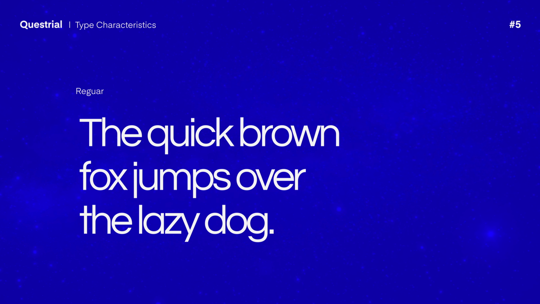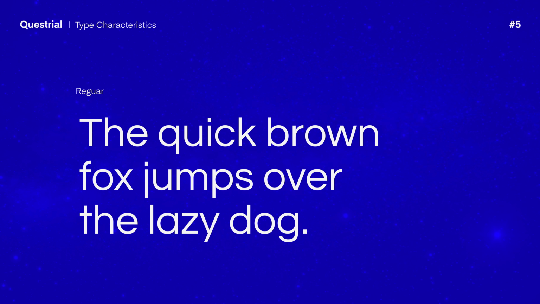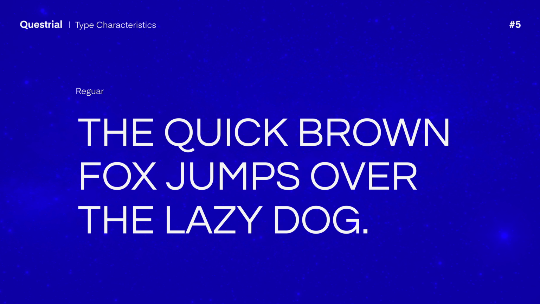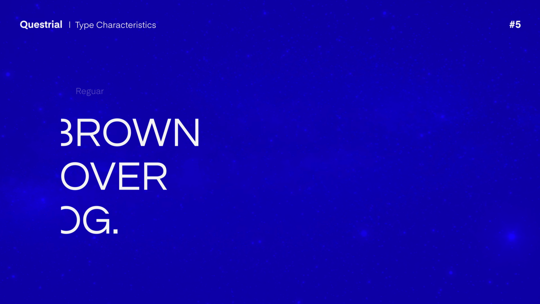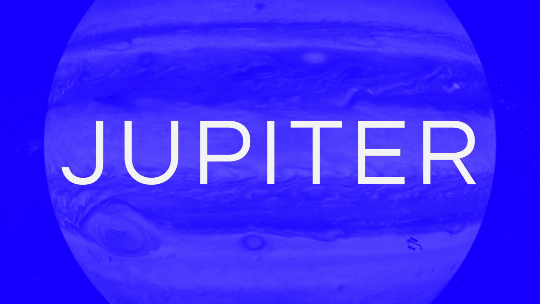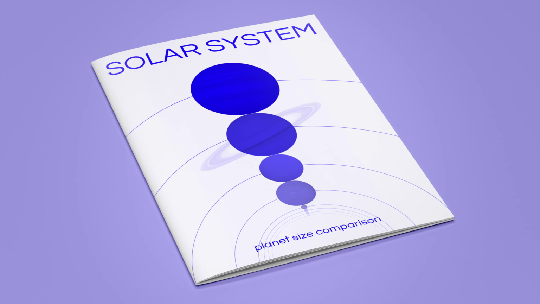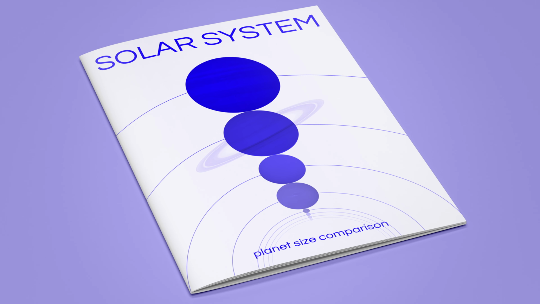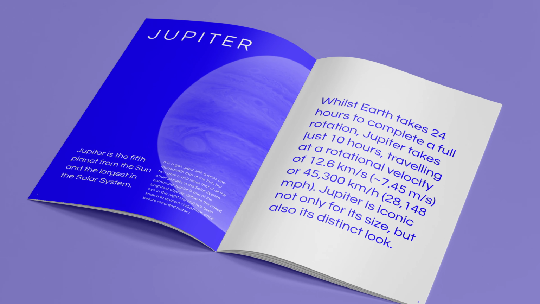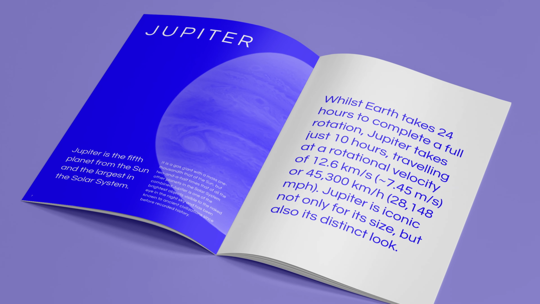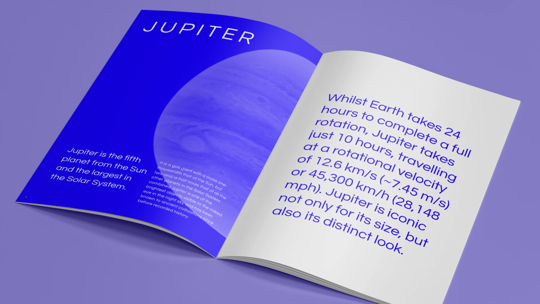The full circle curves on many characters make Questrial a great font to blend seamlessly with other typefaces, while still maintaining its uniqueness. This is an extremely clean and clear typeface, offering maximum legibility, which also offers an alternative single story A from typefaces which commonly use double story A's.